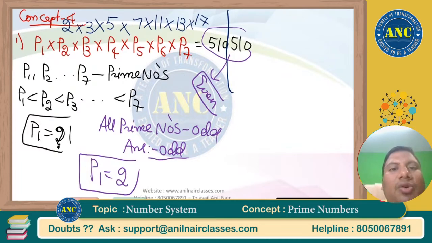Just by looking at the question, you can find out the values of P1 to P7 if you know the divisibility rules of some selected prime numbers. Concept number 4. I hope it is clear. First problem. Second one,